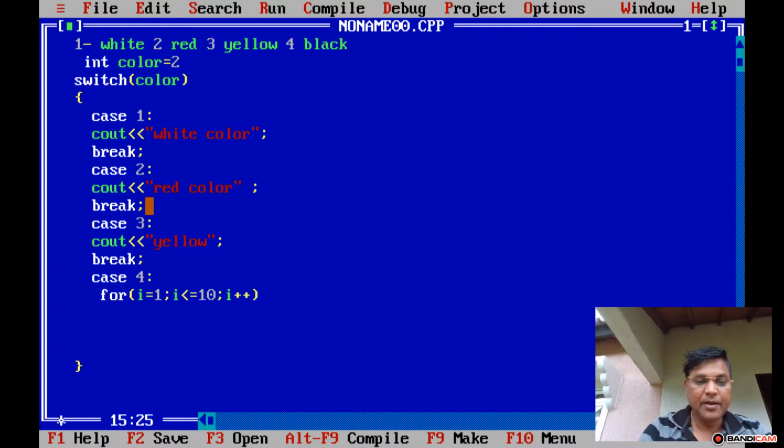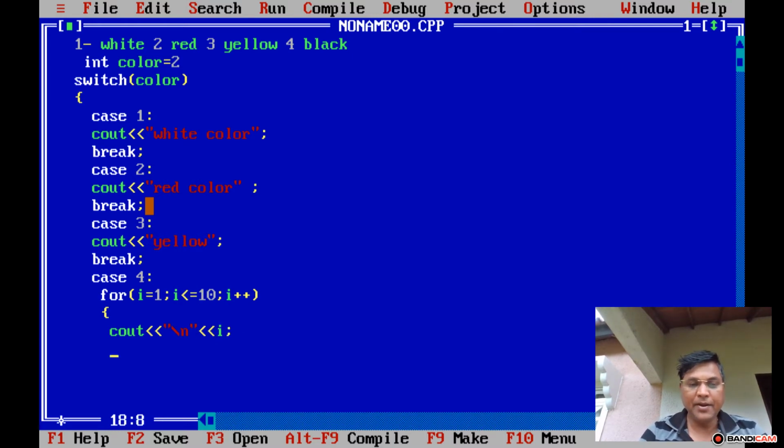What is happening here? I'm writing code under case 4, and then I'm just printing cout, /n, and